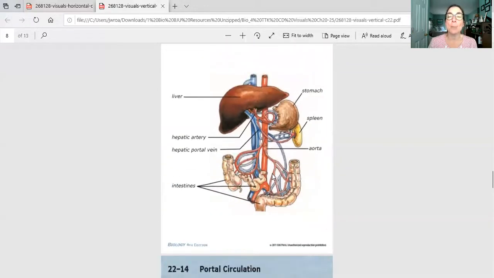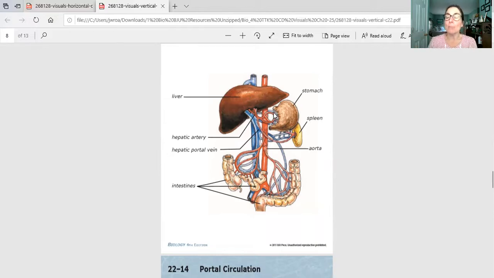There's also something called portal circulation, and this is related to the digestive system, which you learned about yesterday and last week as well. And so here's the liver, and you see the descending aorta, and you see the inferior vena cava here. And so these big tubes are carrying blood away from the heart and to the heart. And as blood is traveling away from the heart and to the heart, it passes through the liver, where the liver especially